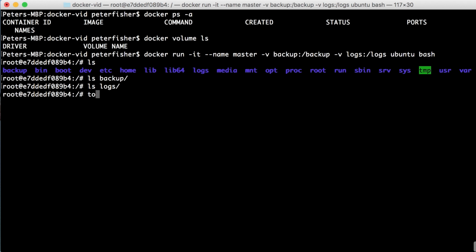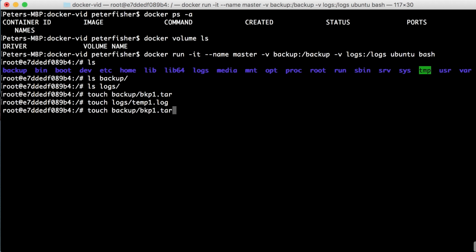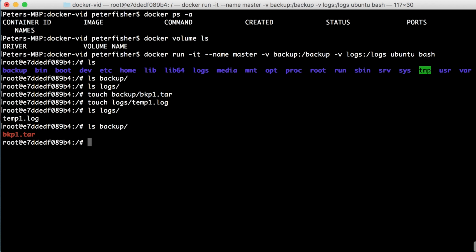Let's do a touch. Let's just create a file in the backup directory, and we're just going to call this bkp1.tar, and a touch of temp1.log in logs. And just to show that they're actually in there, let's do an ls of logs and an ls of backup. There we go. So we've created a master container, and this master container has produced a log file and a